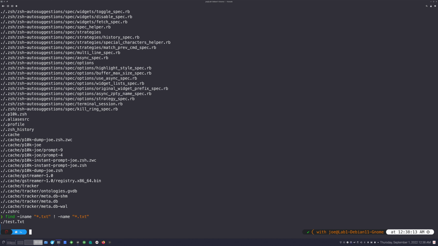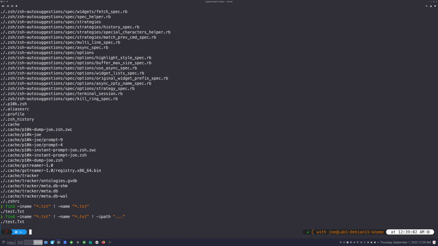And that's why we get just the one file back. So you can use that negation over and over and over again. So I could negate a path if I wanted to. You just have to prefix it with an exclamation point, right? And then you can do ipath, whatever you want in there. And then it'll find stuff that does not have 3 dots in the path. So you can add as many negations as you want. Anding things together, basically, you can put a tac A in if you want, but you don't have to.